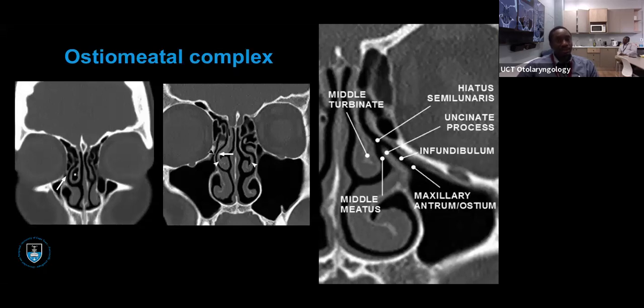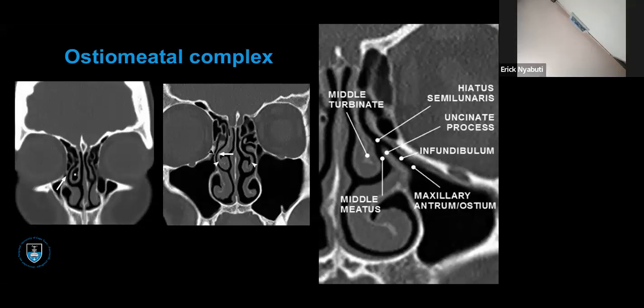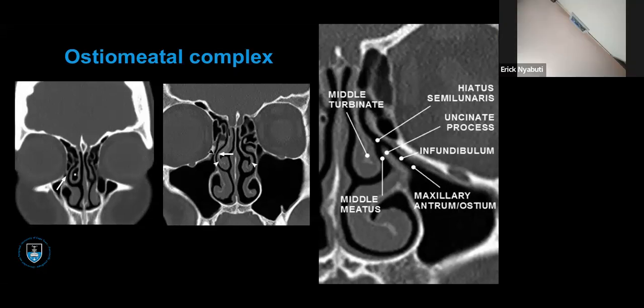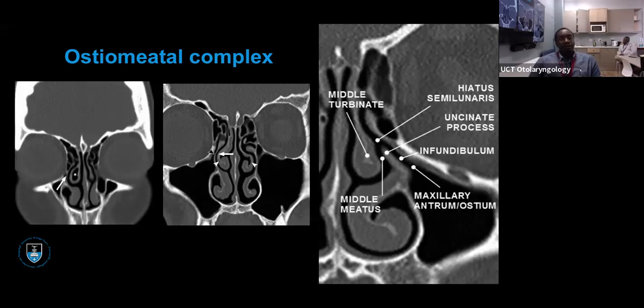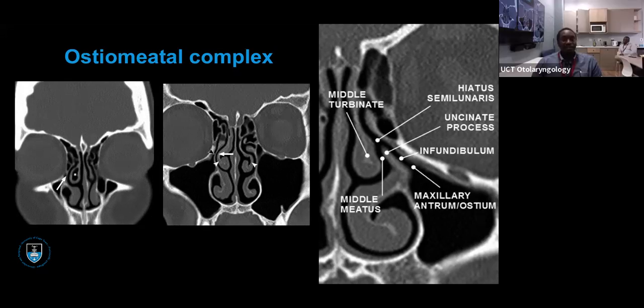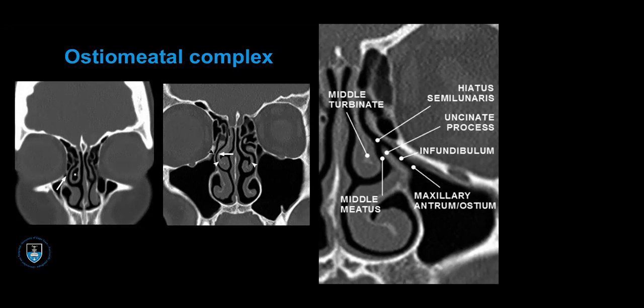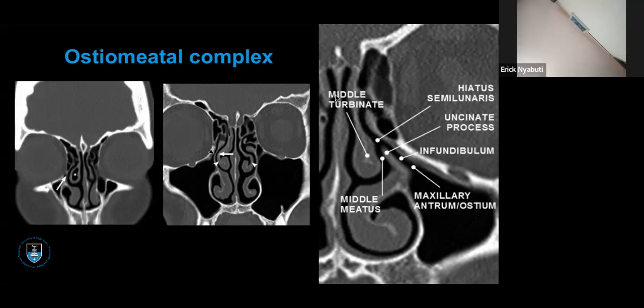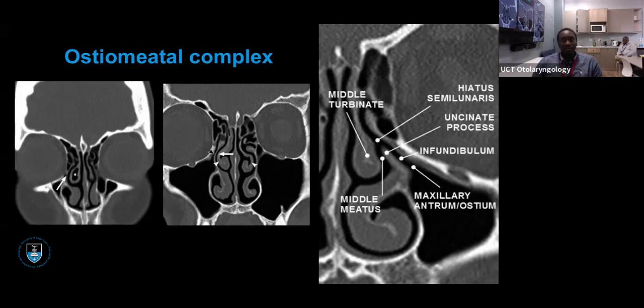Ostiomeatal complex. The main reason for most of the sinus disease is the obstructed complex. The endoscopic sinus surgery mainly addresses obstruction in this region and ventilation because of disease associated. If you look on the right of the screen, you see the